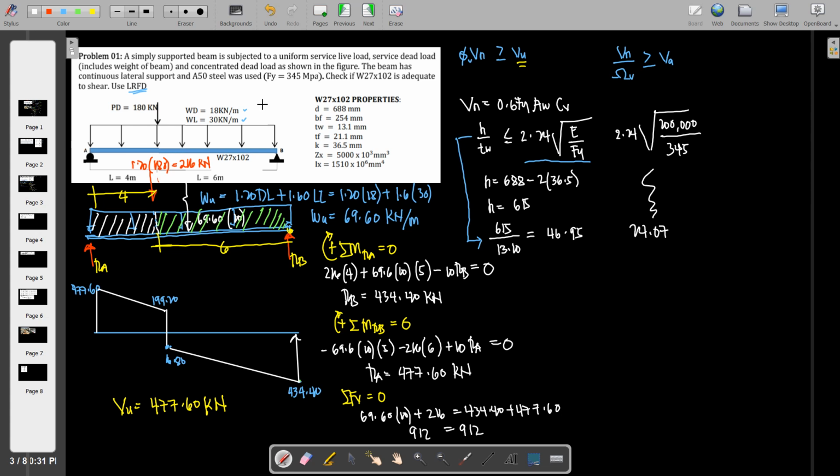So compare natin tong dalawa. We have 46.95 and 53.93. By the way, this is multiplied by 2.24, no? So comparing this, therefore, we have satisfied. Oh, mas mataas yun, no? So therefore, it shall fall under case 1,